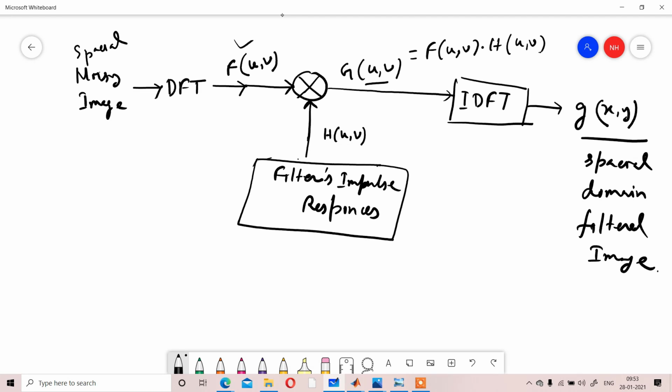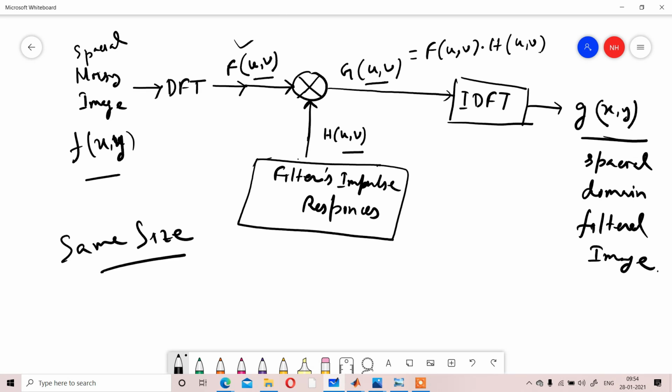In that case, whatever images you are using, f(x,y), that is the input image, F(u,v), G(u,v), H(u,v) and g(x,y), all are of the same size. Keep in mind, the size should not be changed.